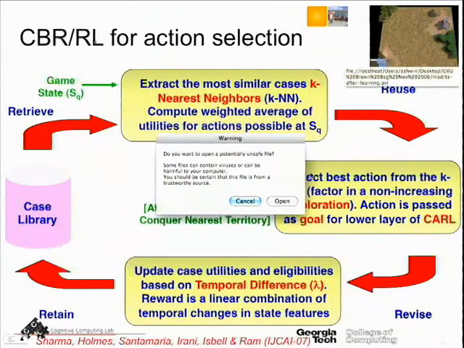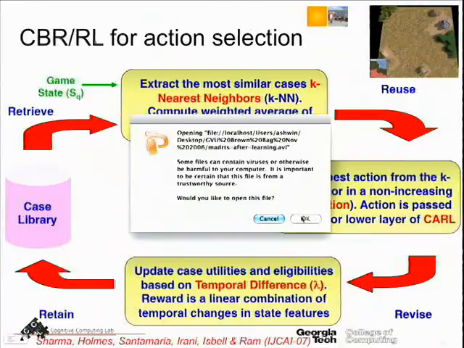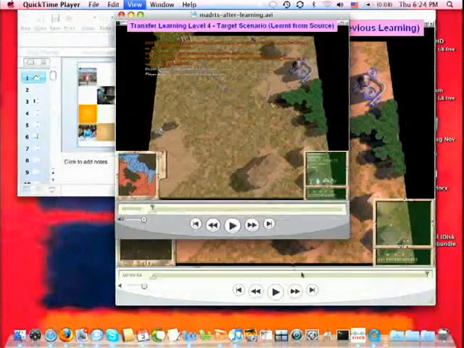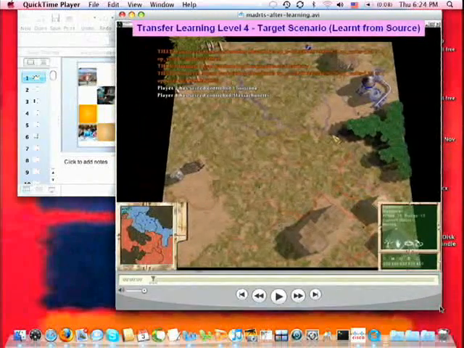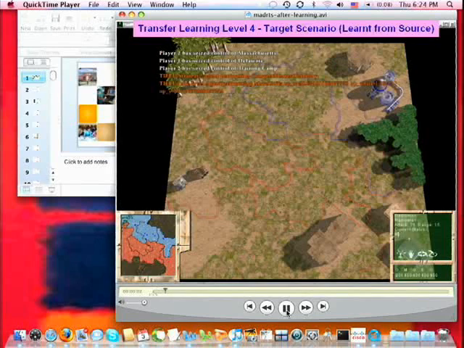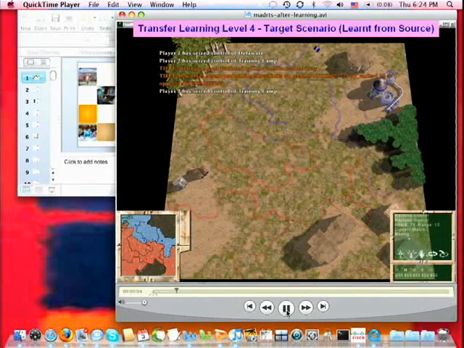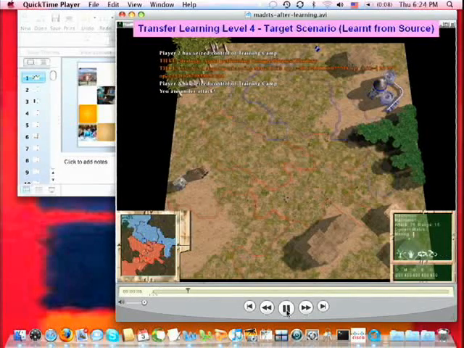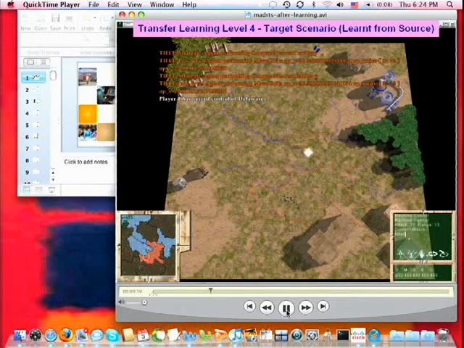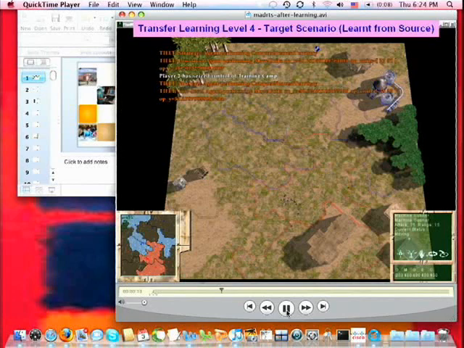Let me show you a picture of that same scenario I showed you earlier. This is after learning. We're going to play the same game again. We are blue again. The enemy starts to bunch up as it did before. We've gotten a little bit smarter, and we're starting to bunch up as well and penetrate the enemy.